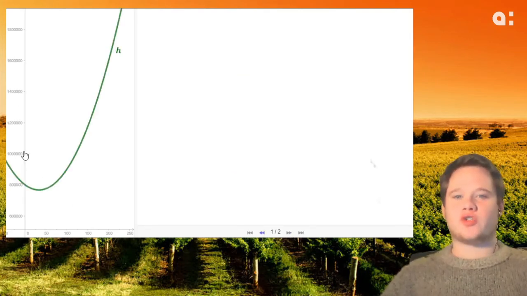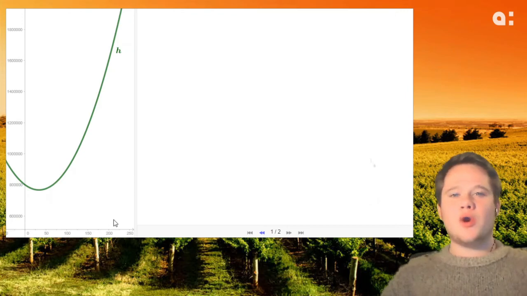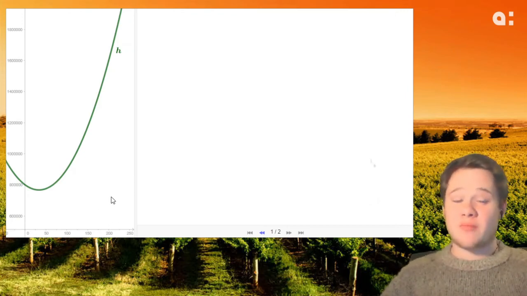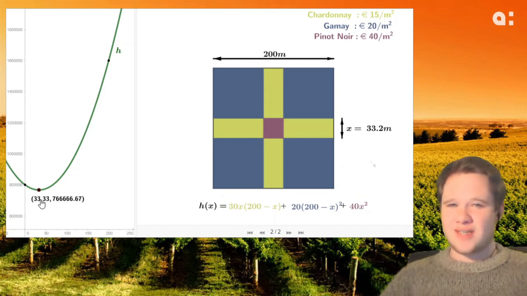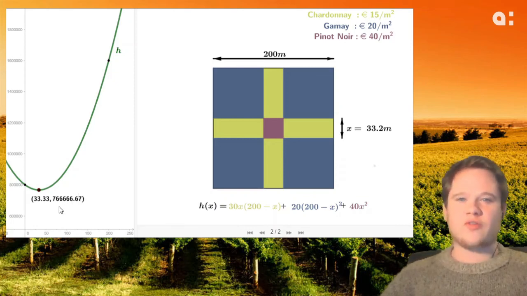If we draw the function, we get this convex parabola. With this kind of parabola we have a minimum, and that is logical because we need a minimum for the lowest possible cost. Since we work with big numbers, we have to adjust the scale of both axes to get a clearer view. Looking at the minimum, we see that the length of x must equal 33.33 meters to have the lowest possible cost price of the field. The lowest possible cost price is 76,666 euros, which can be read from the y-coordinate of the vertex.